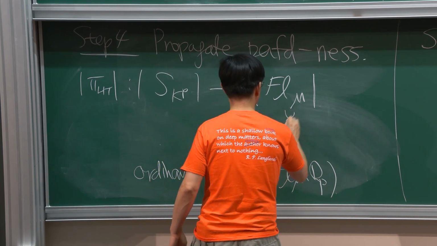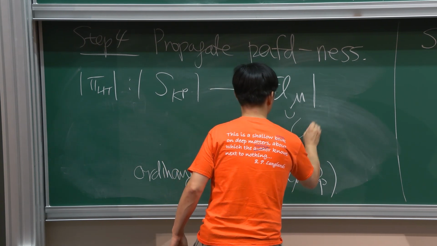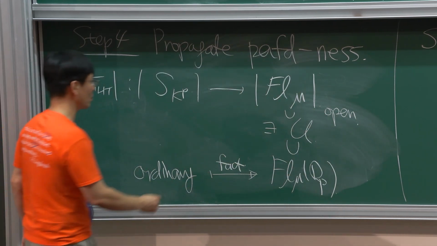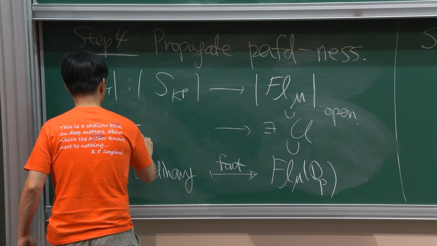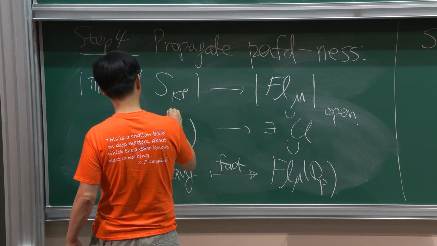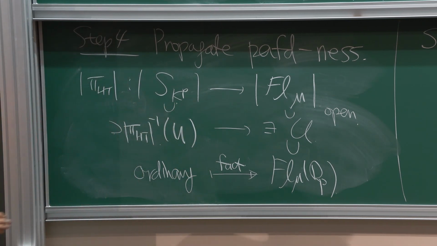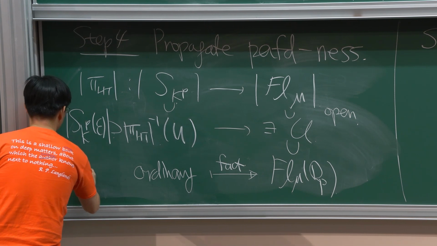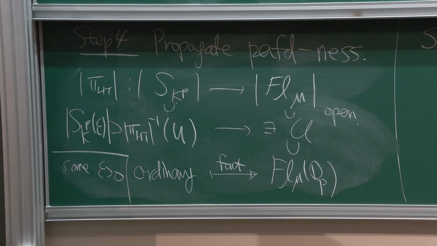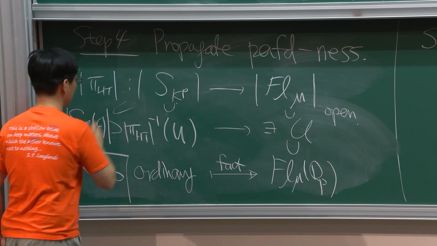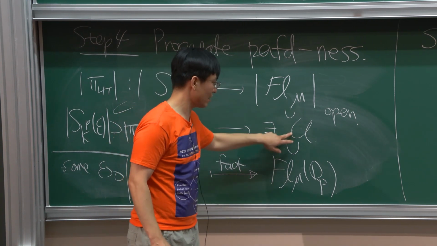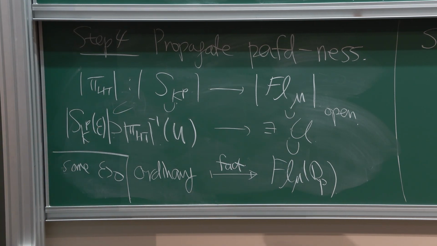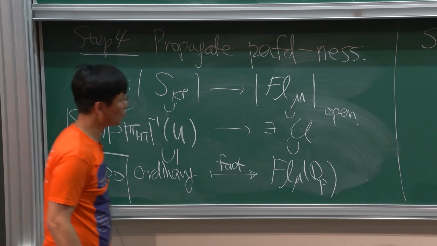And then there's some intermediate open neighborhood of the QP points. You can find it in a way that its preimage is contained in some epsilon neighborhood for some positive epsilon. So you can put yourself in this kind of scenario, where you have some neighborhood here such that its preimage is contained in some epsilon neighborhood. So that's going to help us